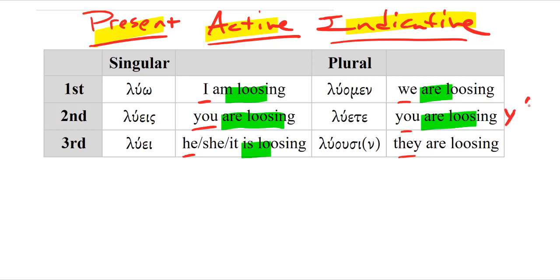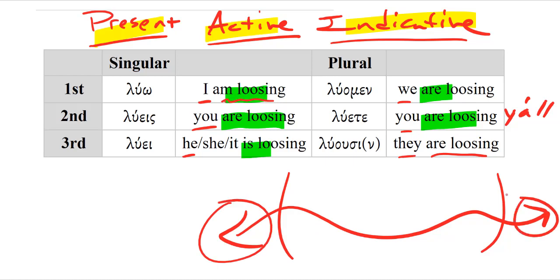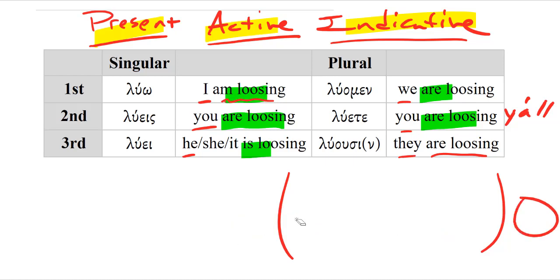Southern English will do there. Y'all or you guys, y'all are loosing, you guys are loosing, they're loosing. And that's maybe an over-translation, but it's reminding us that the verbal aspect conveyed here is imperfective verbal aspect, right? It's looking at the action as unfolding or in process from within, without attention to the beginning and the ending, not including that in the presentation